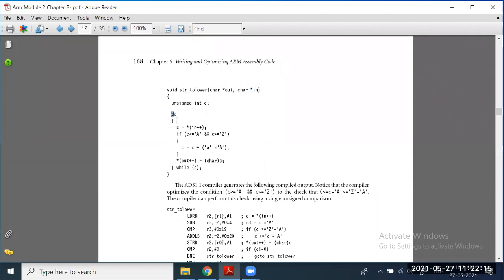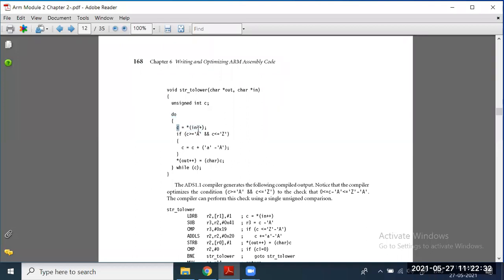Now we have used do while because we are going to process one character at a time. First, from the input we take a single character.